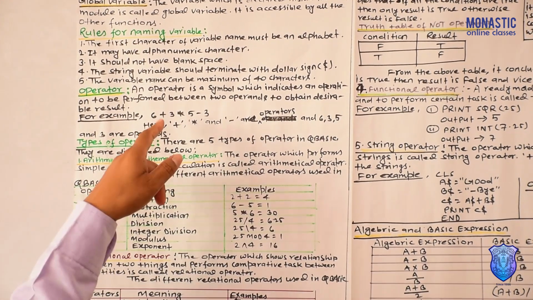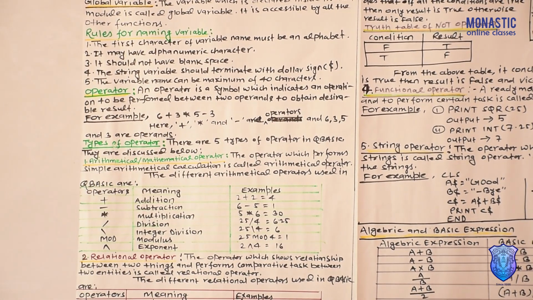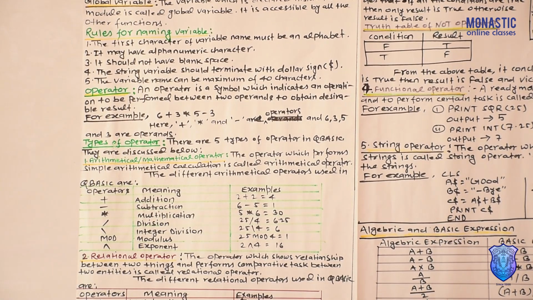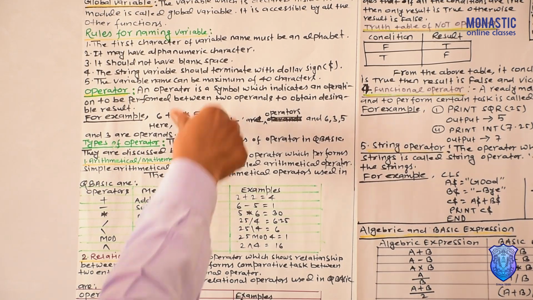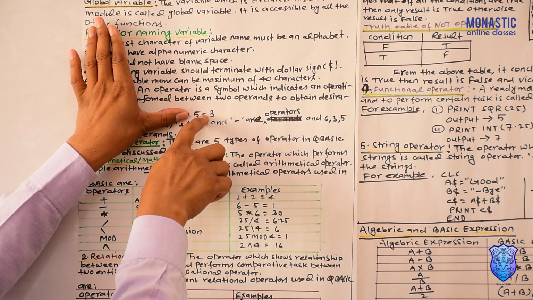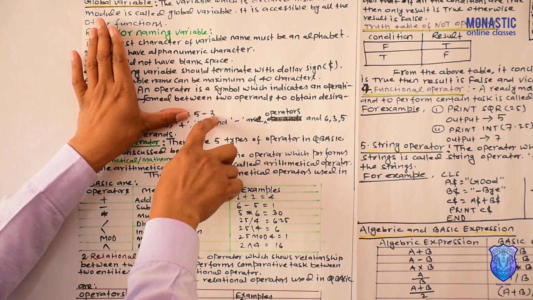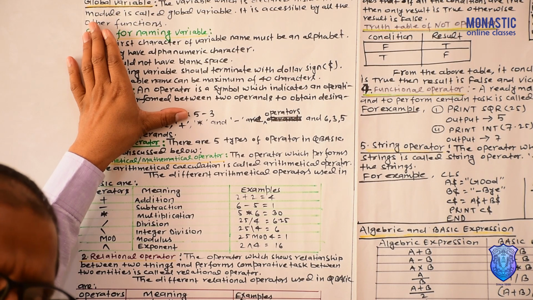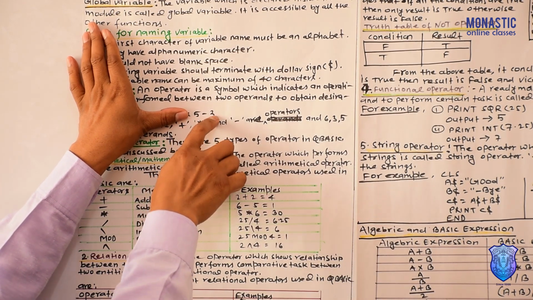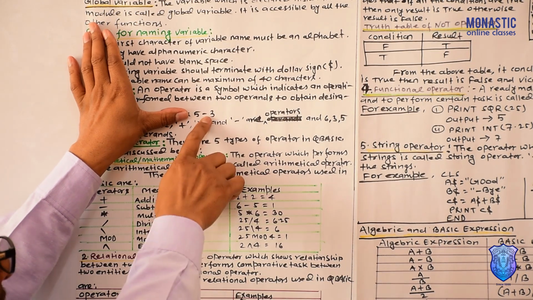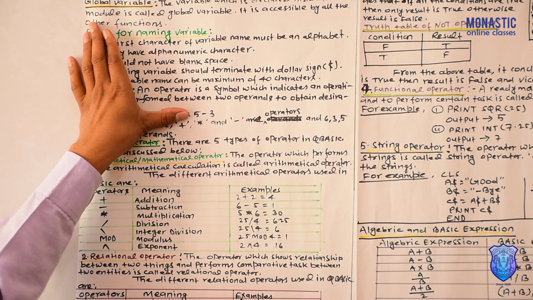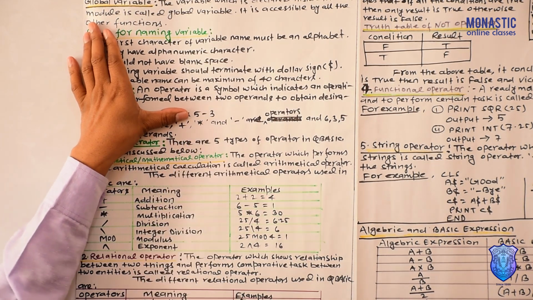Actually, an operator is a sign or symbol which lies between two operands and performs a certain operation. Okay, listen carefully. For example, in the expression 5 minus 3, minus is an operator which lies between two operands, 5 and 3, and performs